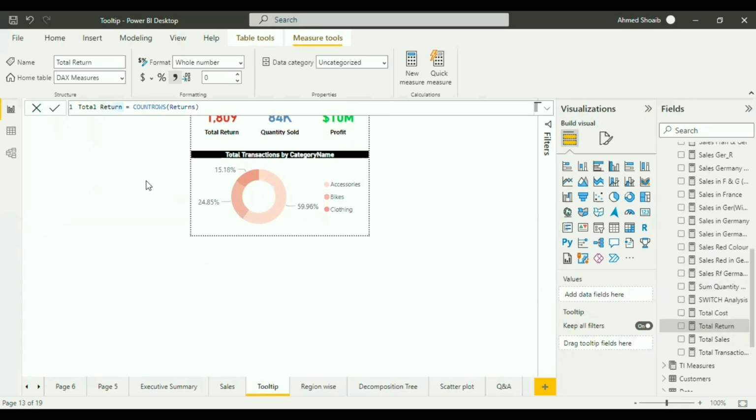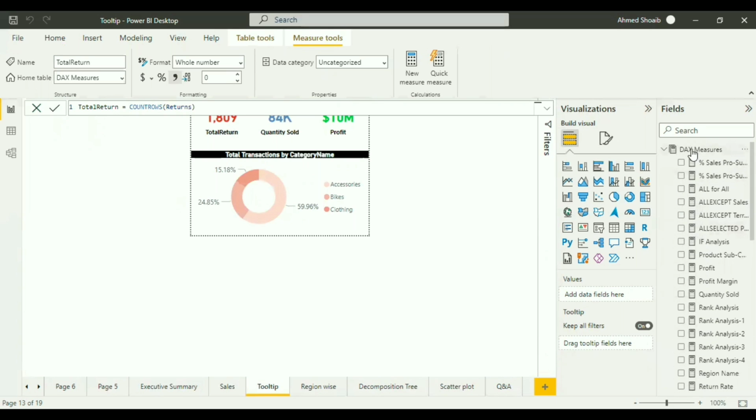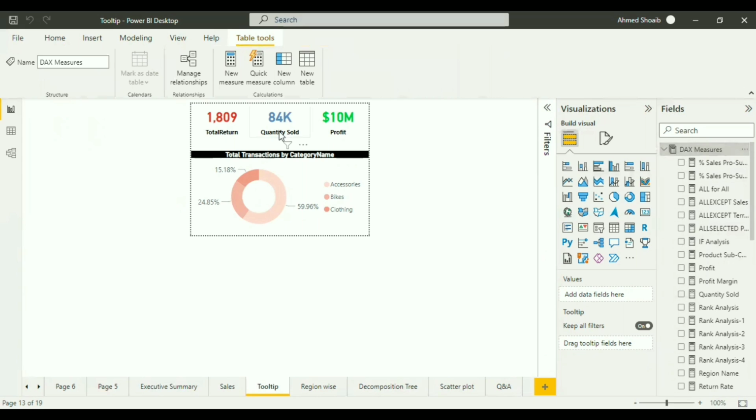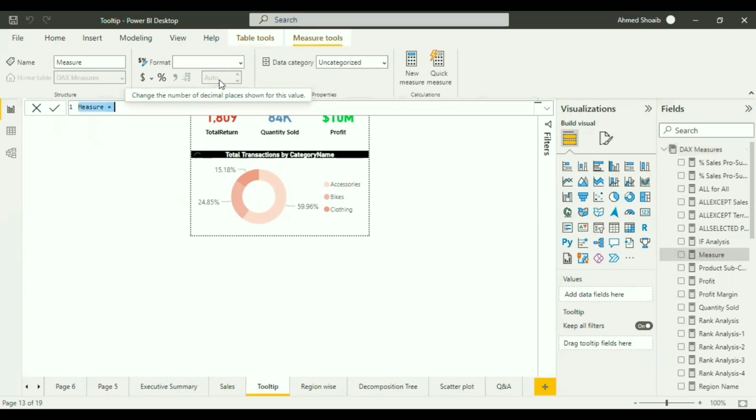I'll just say that this is my total return, and I have to calculate a new total return. So I'll go over here and replace this with a new measure. How am I going to make a new measure? I'll say total return, like this. And again, the new thing is that I'll go for a new formula, and the new formula says